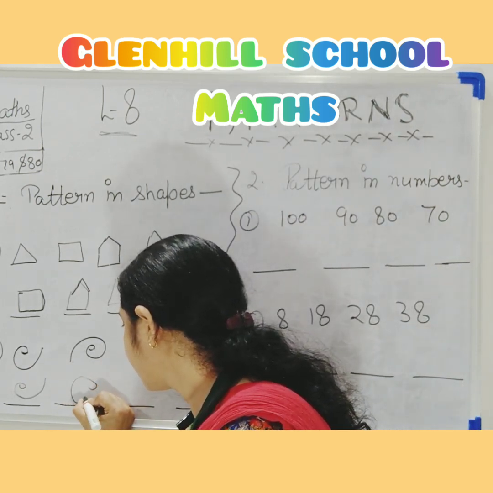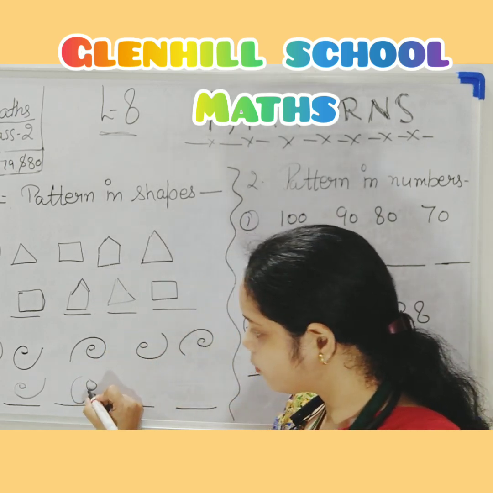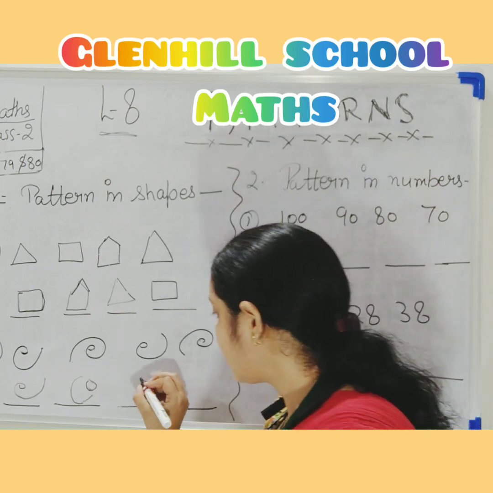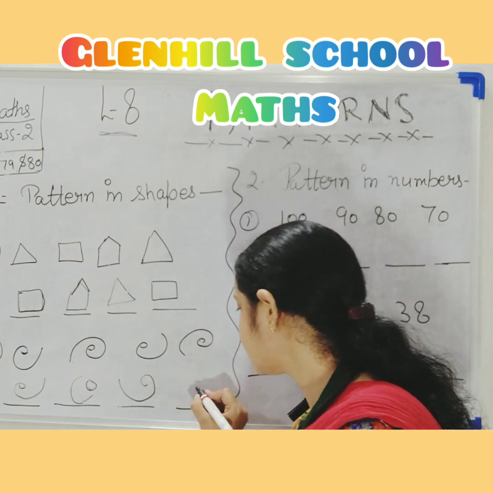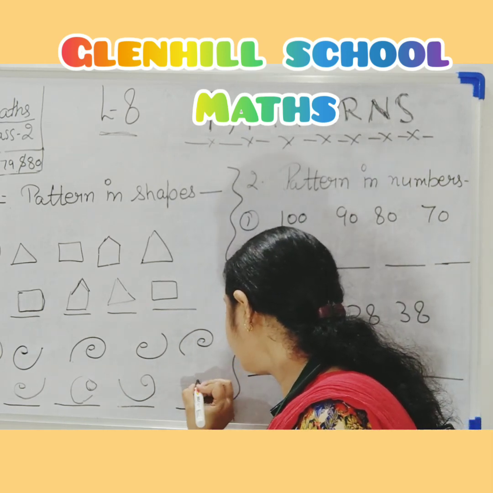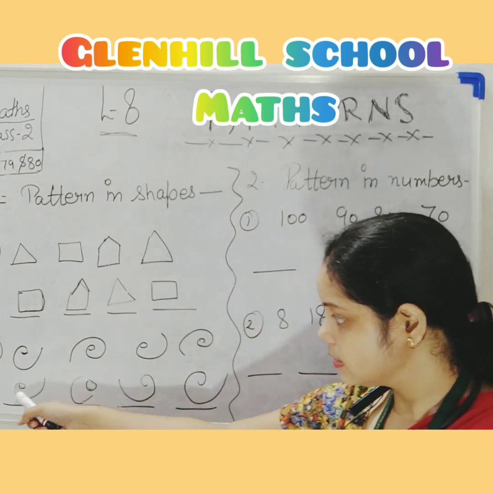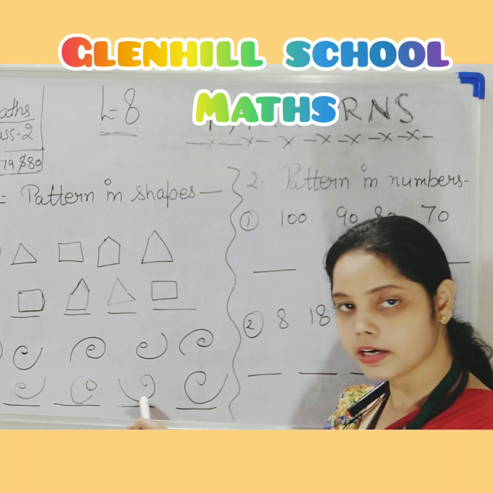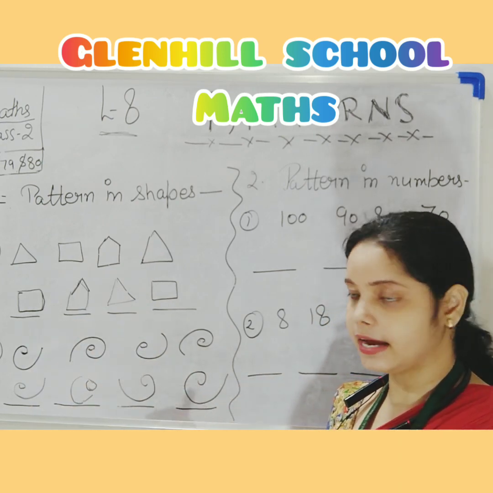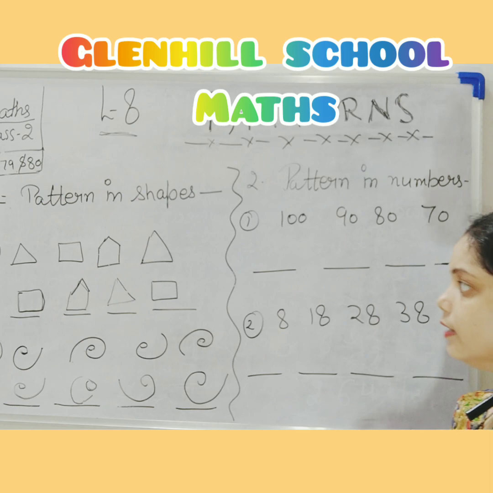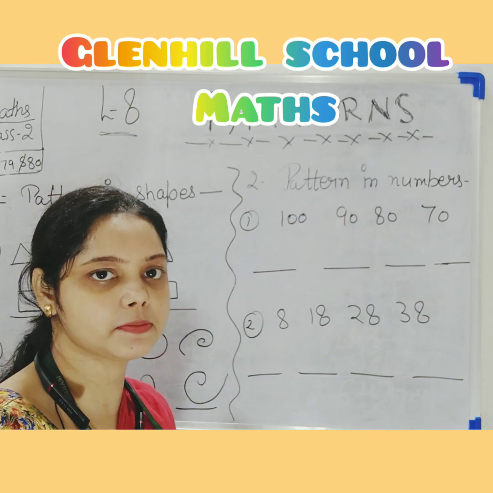Again the face should be started from here and end with this place. Again the face should be started and the tail should end with this side, and now after some time the shape is started from here and ends with this side. So these two figures are opposite to each other. That means the shape of the pattern is like that, you can see. Okay, now come to the next topic, which is pattern in numbers.